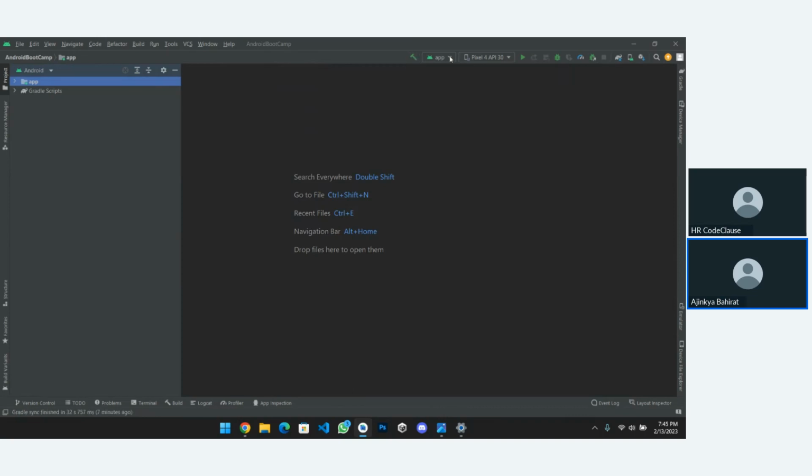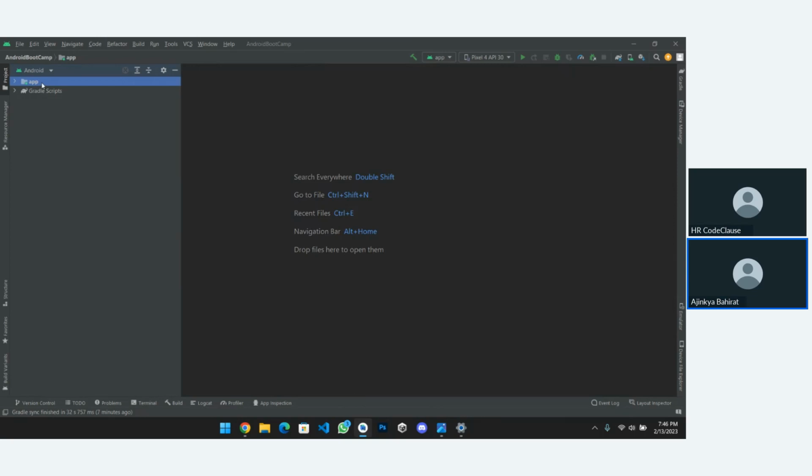So here is the build, here is the module version app. So what is app? App is nothing but your directory or the start of your project. So it is a kind of module. If you have any idea about machine learning, in machine learning we say we developed a model, we developed a module, we implemented our module or created our algorithm.